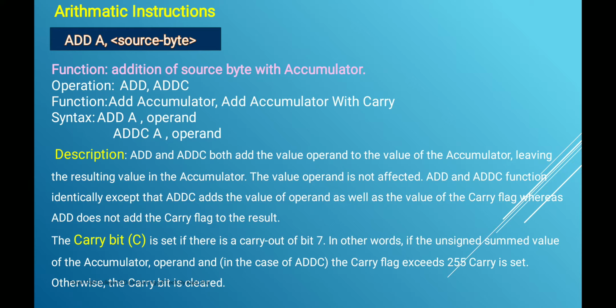When adding signed numbers, overflow indicates a negative number produced as the sum of two positive numbers, or a positive sum from two negative numbers. Okay, so for example, if we add,